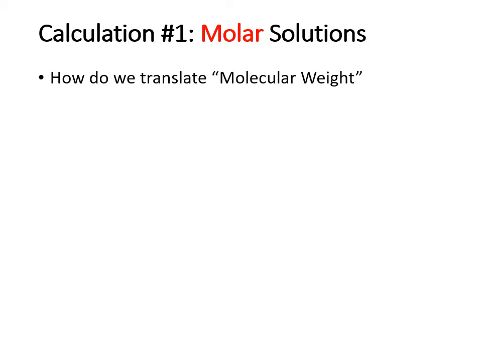But keep in mind that you're usually not making 1 liter or making 1 molar, so in our calculations we're going to adjust for that. I'm just going to write this out to make it a little clearer for you to have in your notes. So like I said, 1 liter of solution